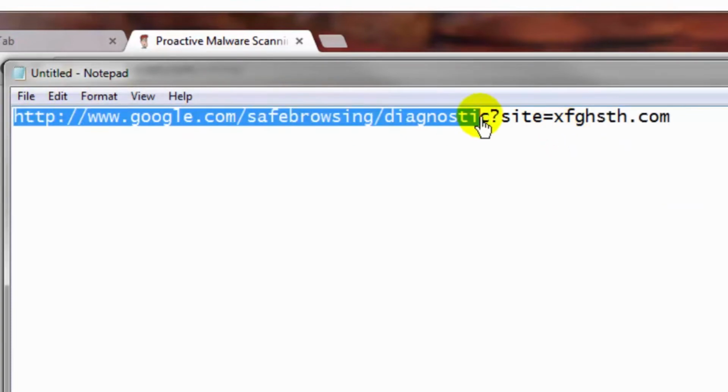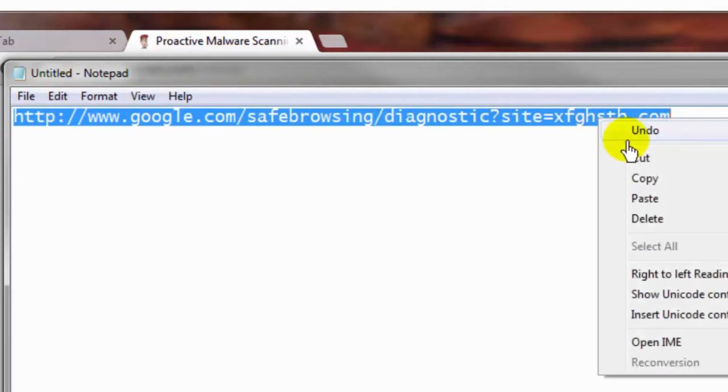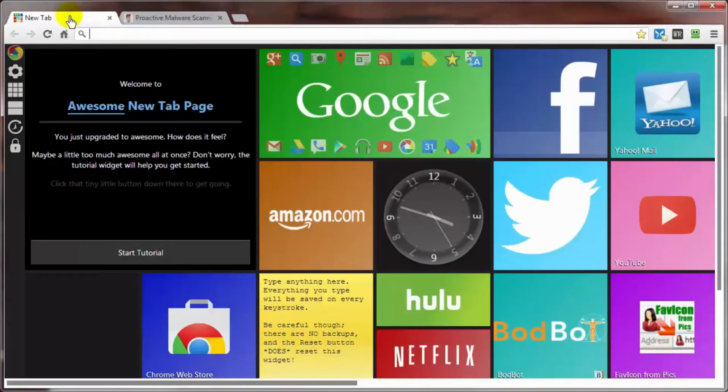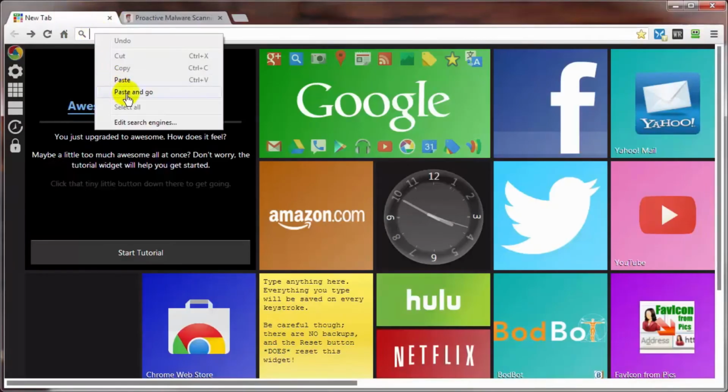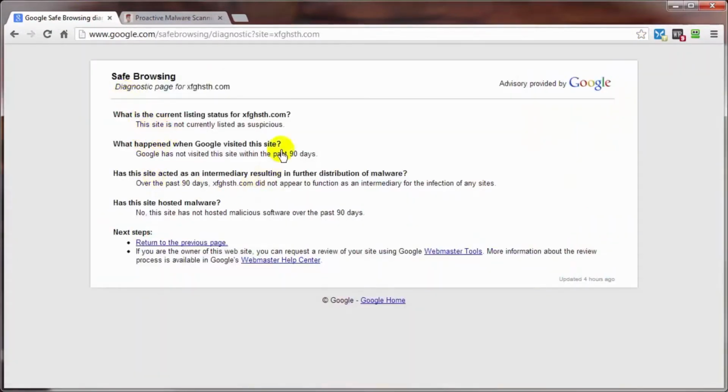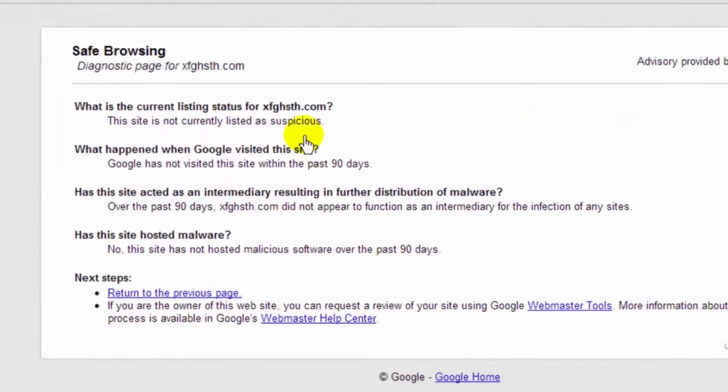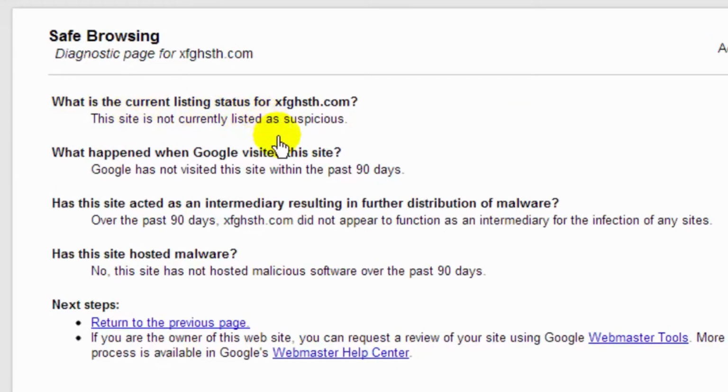I think that'll work. I don't think I need the www in front of mine. Let me just copy this and paste this in the address bar here. And this is the results of what you should get if your page is clean. What is the current listing status for your domain? And it'll tell you here if your site is listed as suspicious or not, and hopefully it's not suspicious,